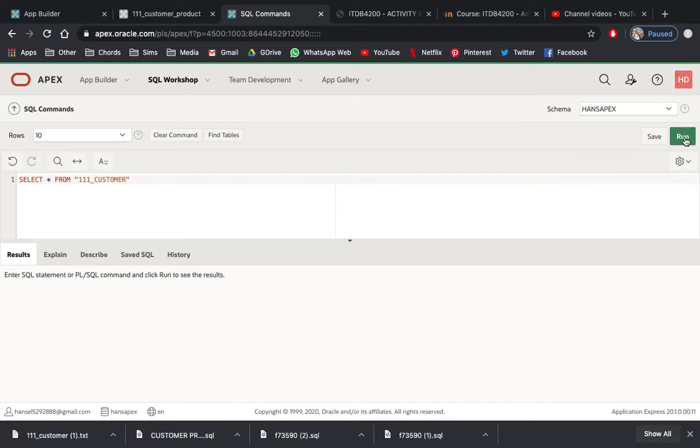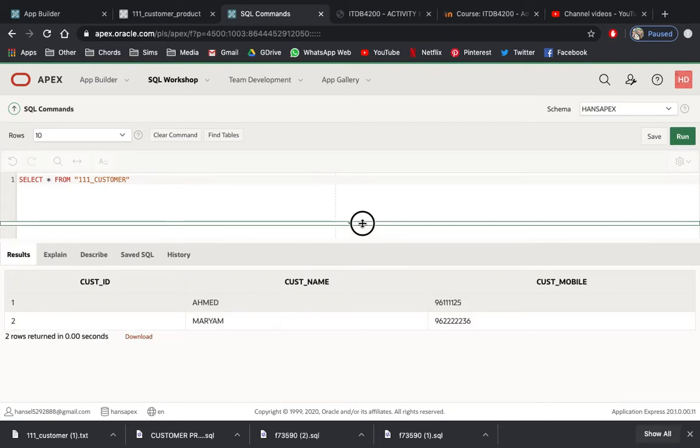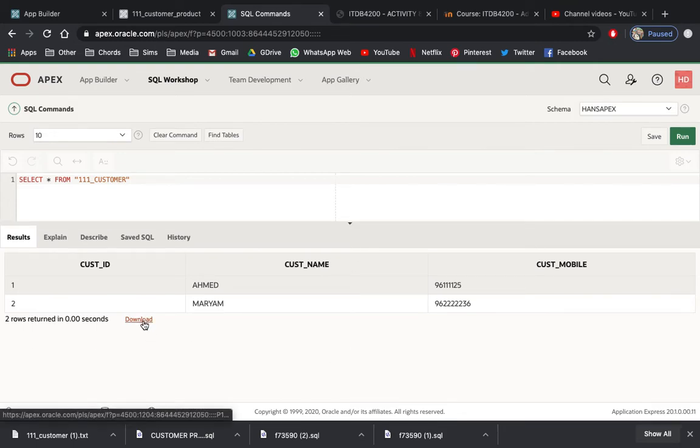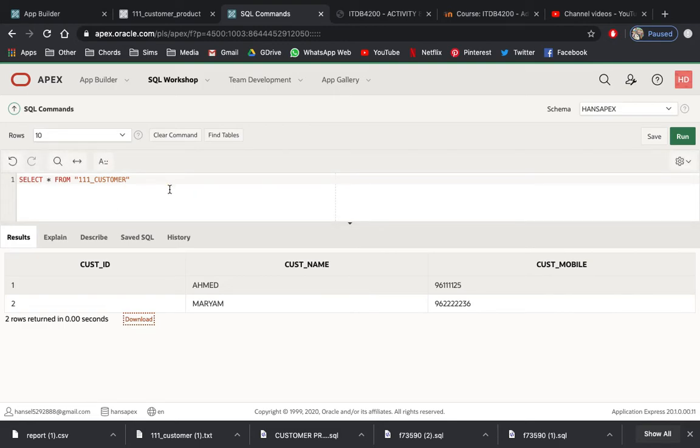Okay, let me just run this query, and there you go. So you may unload this data, and you can see it also in CSV format. You can do all the rest by querying each individual table and saving it as a file, either using the data unload utility or using CSV format. So that will complete